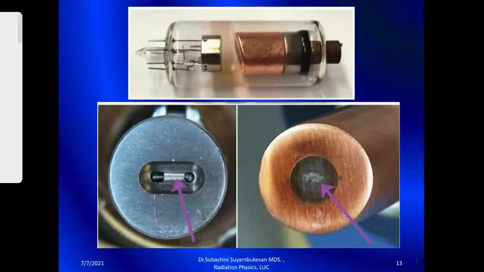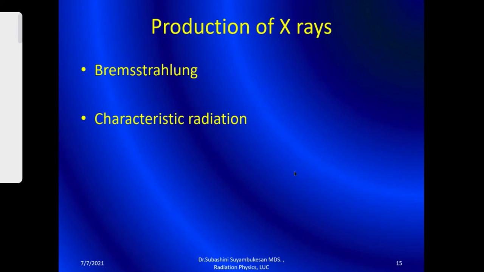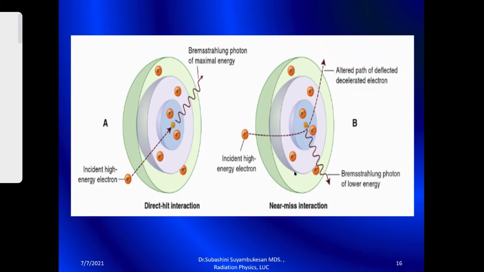So this is the X-ray tube here. This is very small, just 15 centimeter, just the size of a small ruler. Okay, clear? And it's made up of glass and you can easily break it. Remember that this angulation is 15 to 20 degree, so that you have a smaller focal spot size. Smaller the focal spot size, what happens? Your X-ray will be very good. The quality of the X-ray you produce will be very good and you will get a good quality image. So you have to write about these two things in production of X-ray, Bremsstrahlung and characteristic radiation.